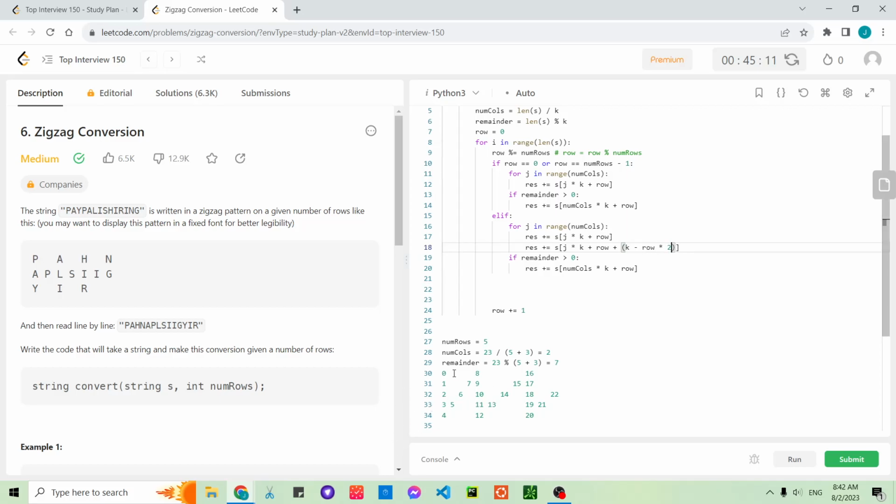So k is 8, row is 1, so here we have 6, and then k is still 8, we at row 2, so 8 minus 4, we have 4, and then row 3, we have k minus 6, that's 2. So we're at row 0, then that will actually be 0, and the last row,